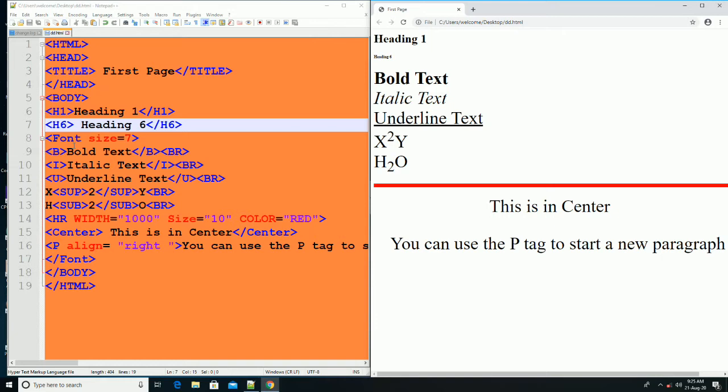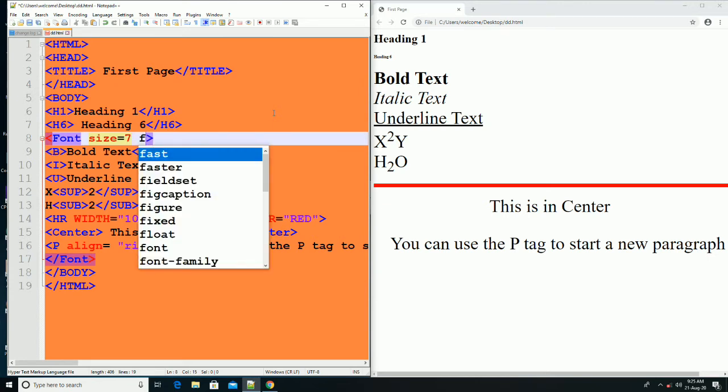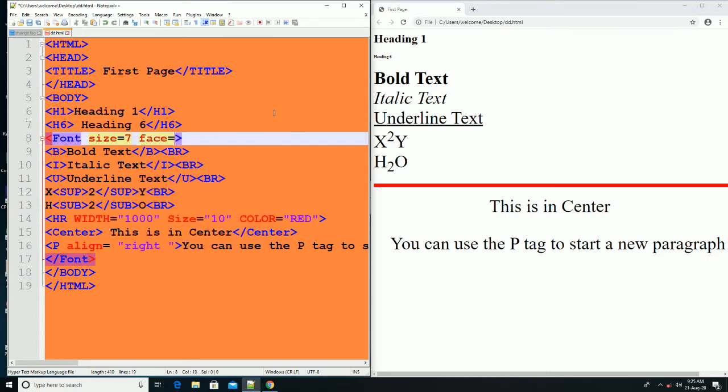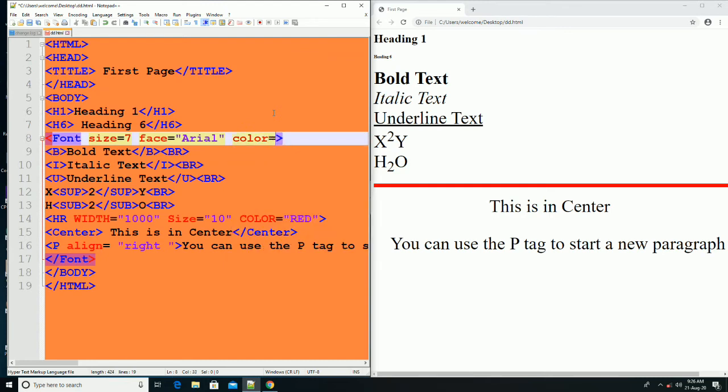color, size, face. Face means you can change the face, like here I am changing it to Arial, and color I am changing here to green, and now I am saving it and refreshing.